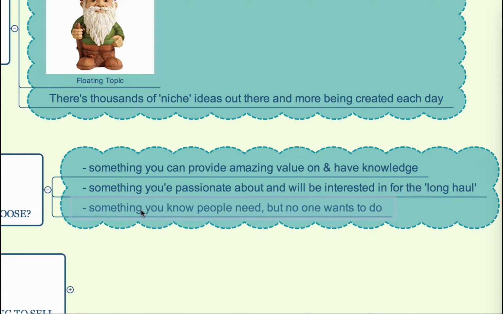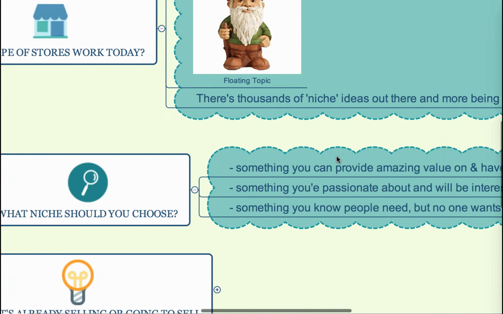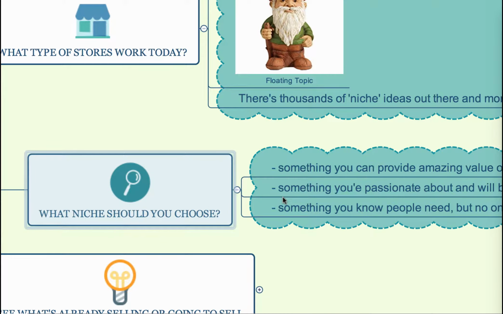Or finally, you can always do something, and a lot of businesses have done this, where there's something that people desperately need, or something that other businesses aren't really serving correctly. And no one really wants to go out there and do the hard work to create it, or maybe no one's even thought of that idea. You can do that as well and have great success too. But it's probably a combination of all these to start on where to find your niche.